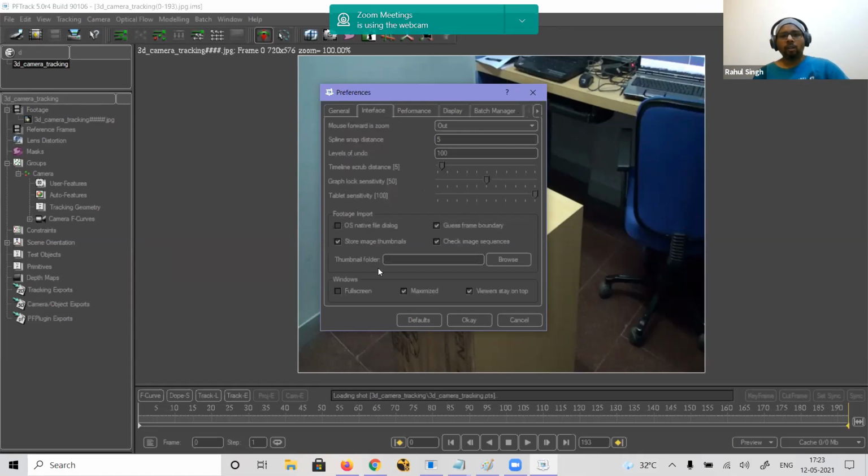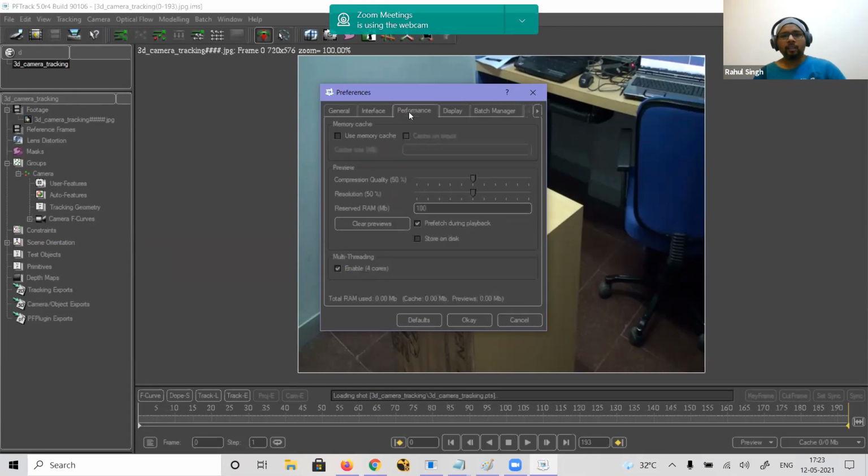Interface is all good. It's full screen, I don't want full screen, maximize is fine. Under Performance, if you want to increase the RAM capacity you can increase it. Currently it is 50%, which is more than enough. If you're working on a very high-end file, 4K or something, then you need a lot of RAM. Under memory cache, turn on use memory cache.